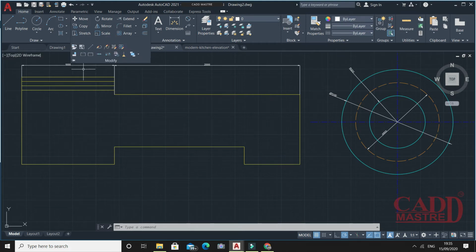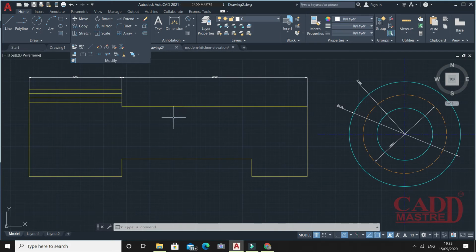Click on it and just pin it so that we don't have to click again and again to use the Break and Break at Point commands. Break is used to create a gap between two specified points on an object, which is generally useful for creating a space for a block or something like text if you want to put it in between that line.